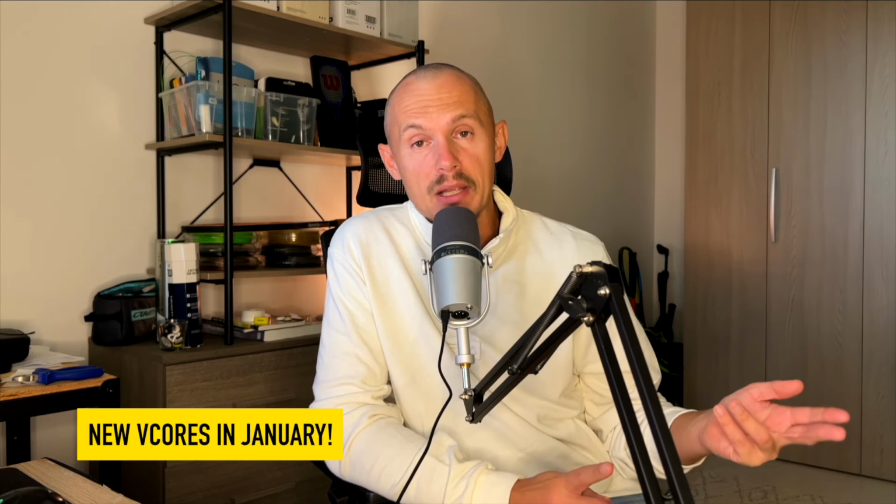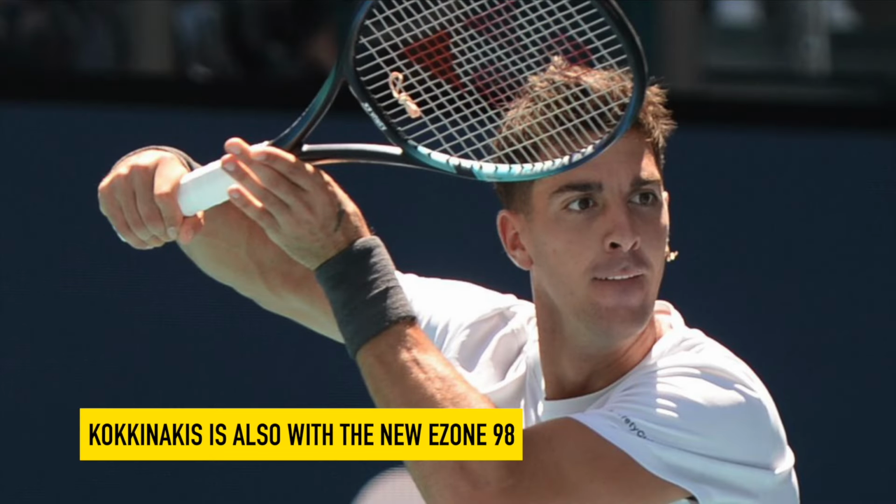But overall, Ezone Tour for you who like a bit more weight and not customized. Ezone 98 for you who like more control, a bit more room for customization or a faster swing. Chapo tried it for a while. Now he's with the 2023 VCore 95, which is coming out in January. Osaka has switched to it. Kokinaki switched to it. There's so many players who like the Ezone 98 2022 edition, and definitely one of the